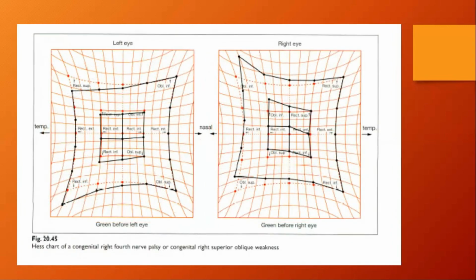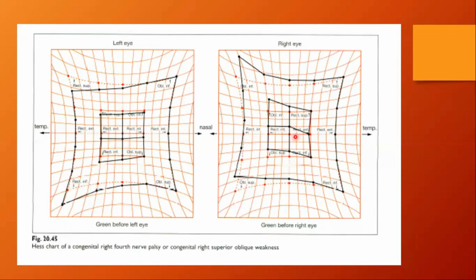Yes. And here from Kanski, it could be congenital, but without suppression, because the child or the patient adopted an abnormal head posture, so he avoids the suppression and the other complications. So this is, let's say, congenital or long-standing fourth nerve palsy, and as you can see in the chart, slight limitation here in the superior oblique and slight overaction here in the inferior oblique. But still here, the pseudo-inhibitory palsy of the superior rectus. And yes, all the findings are still there. And we have here hypertropia and here hypotropia.